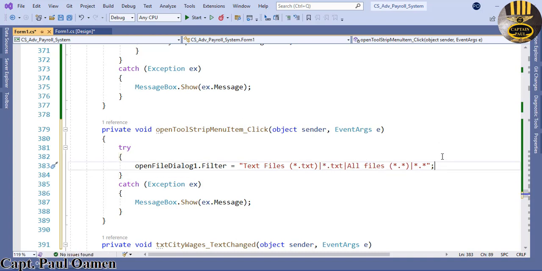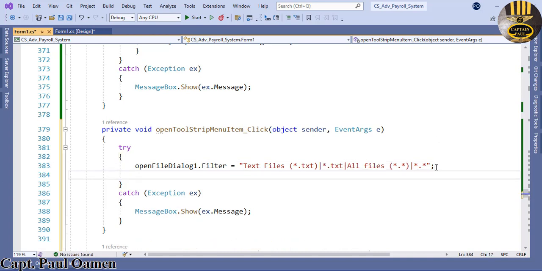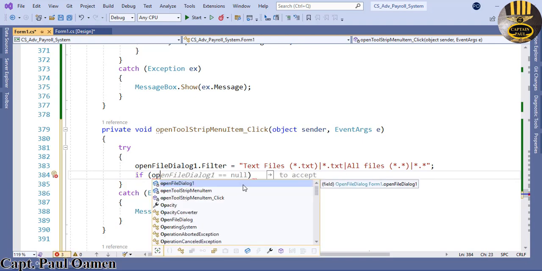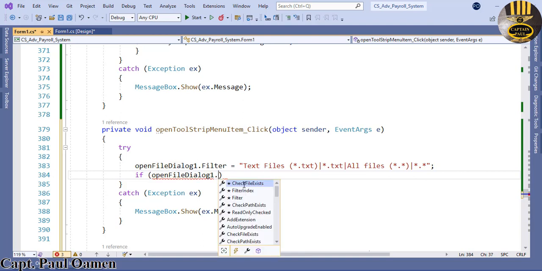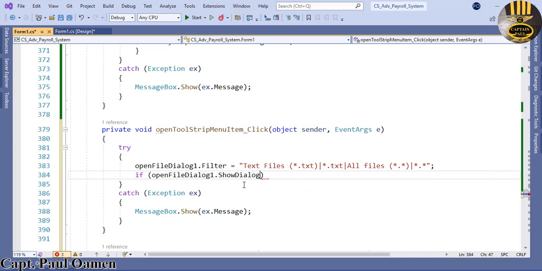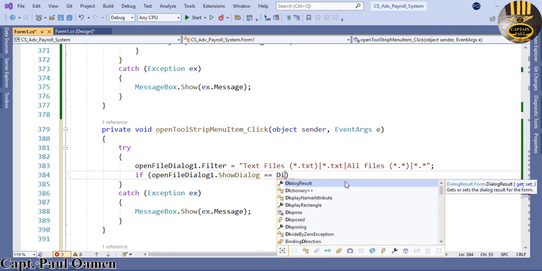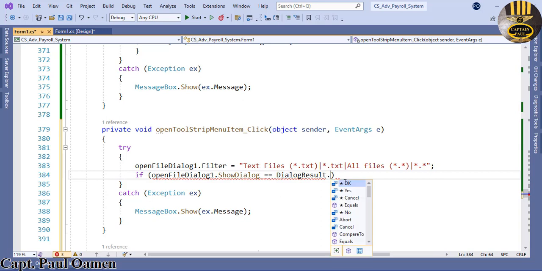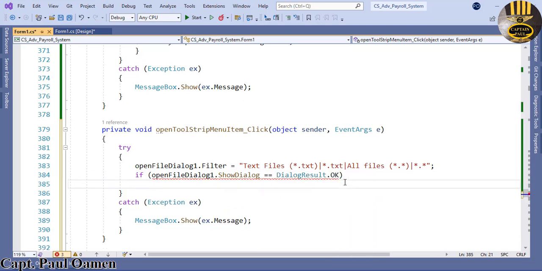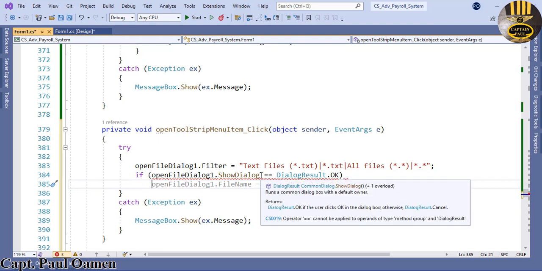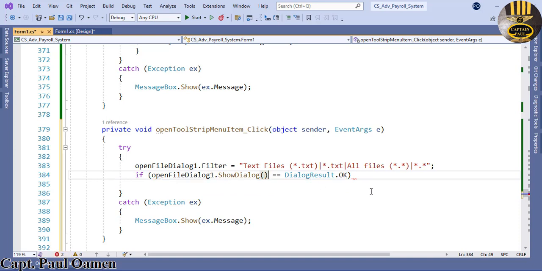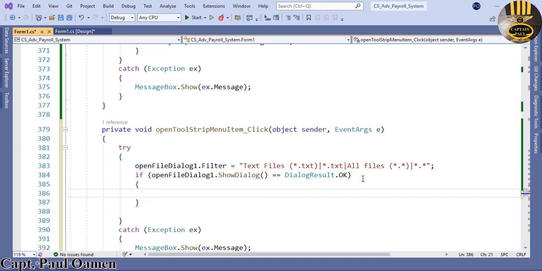Right, and now we use an if statement here. If the open dialog dot show equals, let's say dialog result dot OK. If that is okay, then let's put parentheses here. Okay, if that is that, then we want the following: